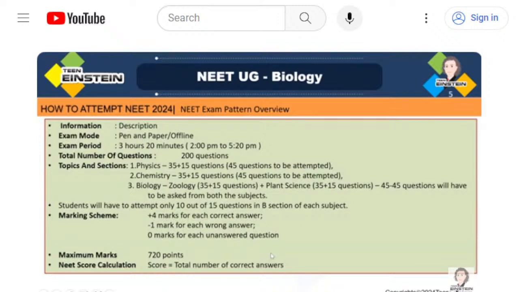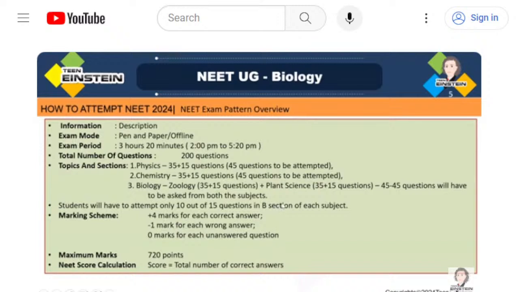Each subject has 2 sections. That means physics, chemistry and biology. In physics, you will get 35 questions in section A and 15 questions in section B. In the same way, in chemistry you'll get 35 in section A and 15 in section B. And in the same way, in biology, you will get 35 plus 15 questions from zoology and 35 plus 15 questions from plant science. Okay, so 45 questions from the zoology side and 45 from the botany side you will get